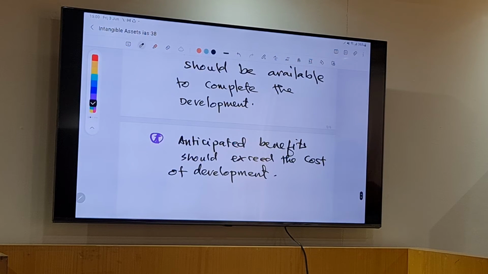Understand this? Added value. Let's say if I can sell this for 20 riyal, the cost should not be 22 riyal. The cost must be less than the benefit that I will get. Sales or income should be more than the cost that I incur.